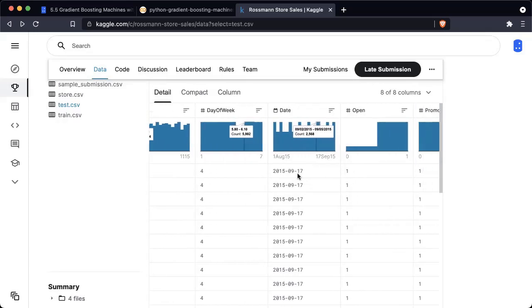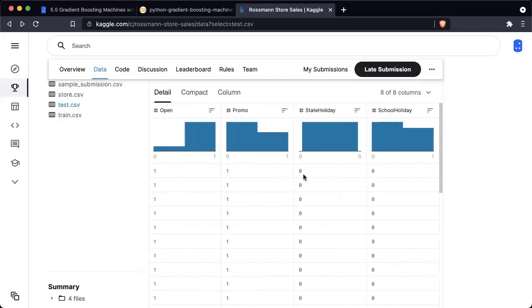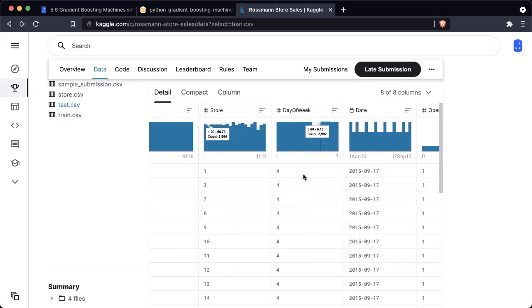One thing you will notice is that the dates in the test set occur after the training set. And that's just to reflect how the model will be used in real life. You train on data from the past and you make predictions on data from the future. And then it has open, promo, state holiday, and school holiday. The things that it does not have is the number of customers and the sales.